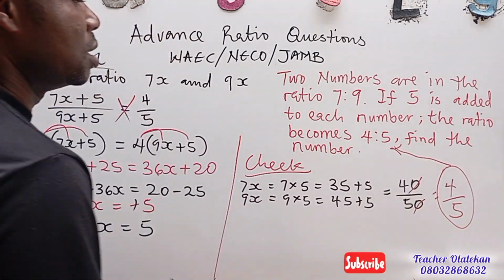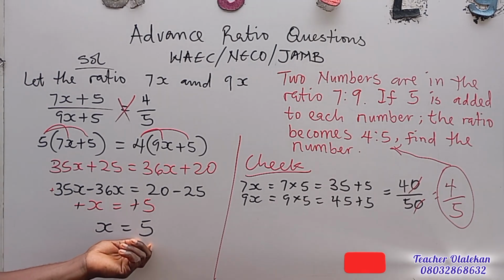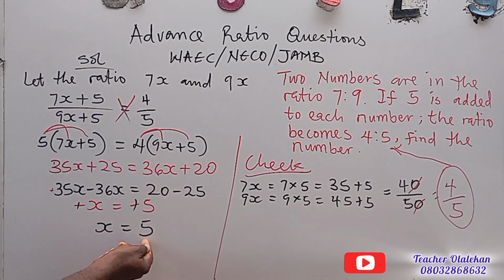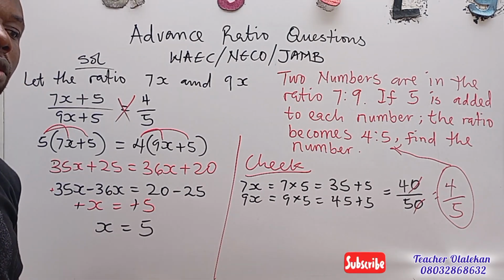We are very correct with our working. So meaning that our x is 5. Our x is 5. So the number we're actually looking for is 5. So this is how to solve this type of question in case you see it in your WAEC, NECO or JAMB